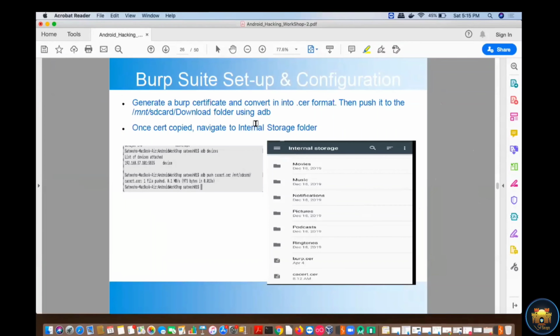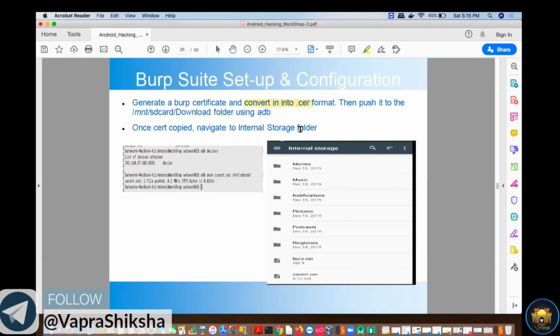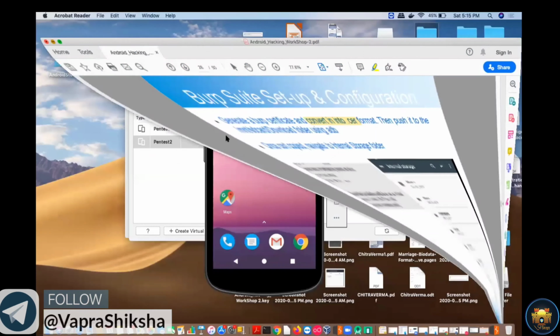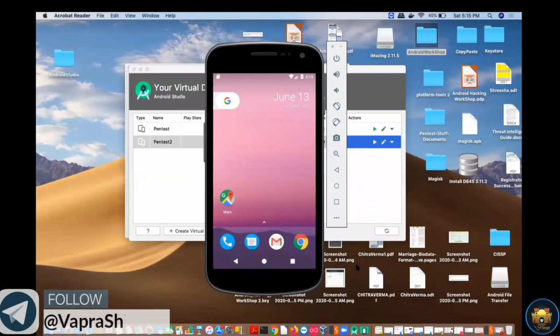So you need to convert this DER format into .cer format, right? We will check how we will convert this DER format into .cer format, and then we will check how we will push this particular file into our system, this emulator, right?